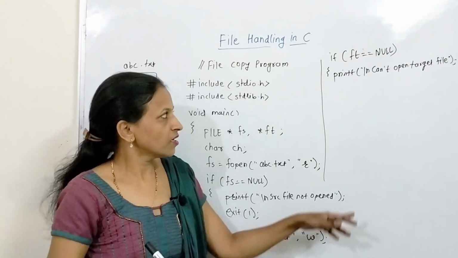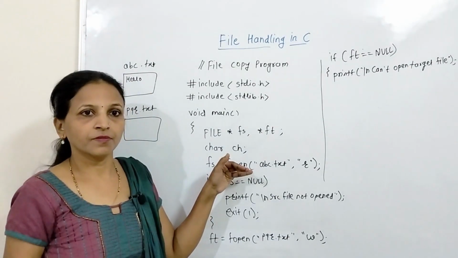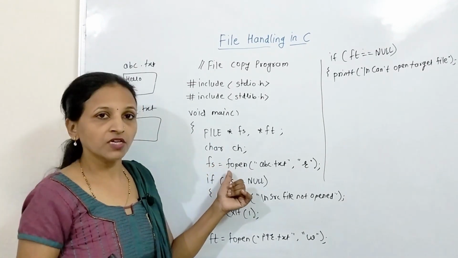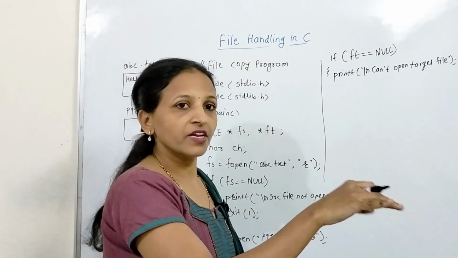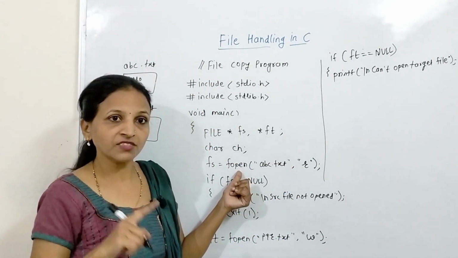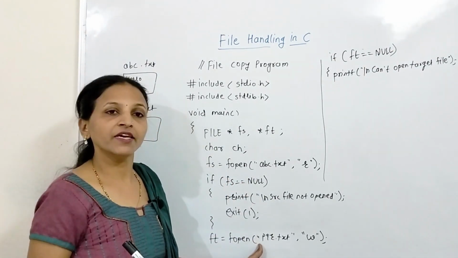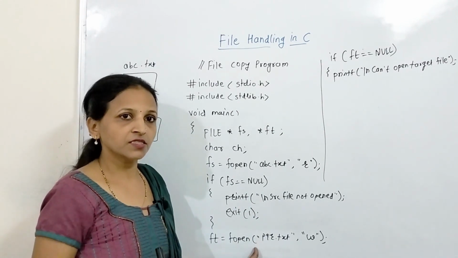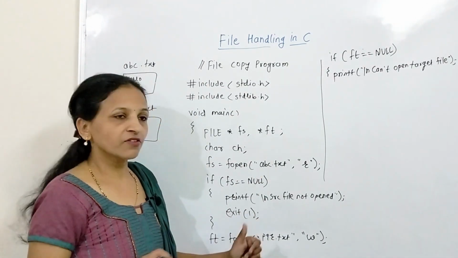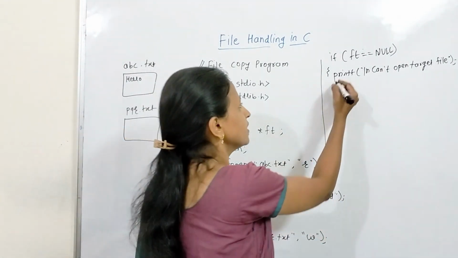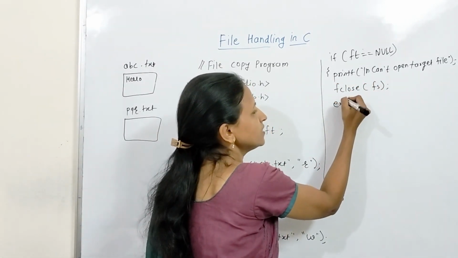But here, after displaying this message, we have to close this stream, that is the fs pointer. Opening a file means we are creating a stream link to the file wherever it is present. Now we have to close this file, because the source file opened successfully, and only then did we go on to open the next file. But there is a problem while creating the target file. That's why whatever file is opened, we have to close using the fclose function first. That's why we have to write fclose(fs) and then exit from this program.